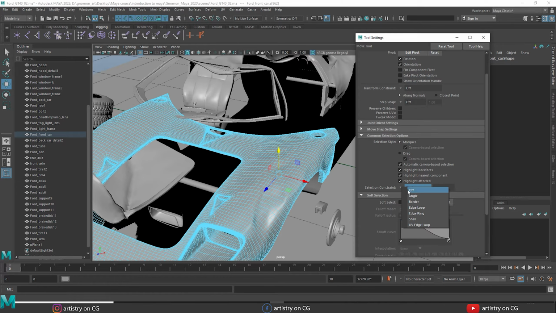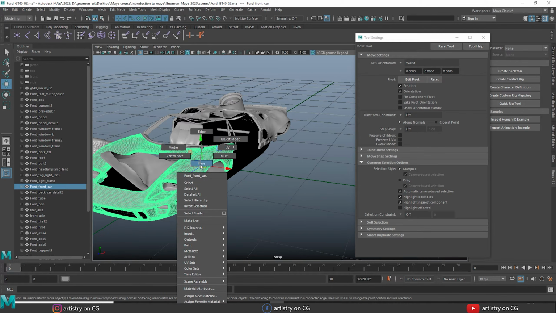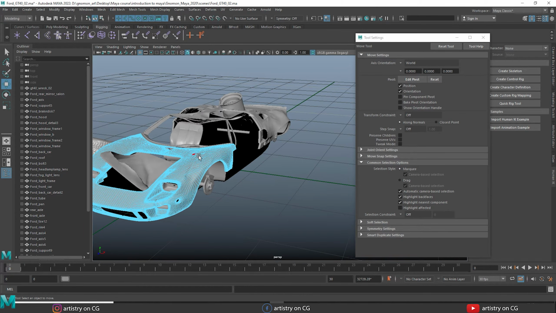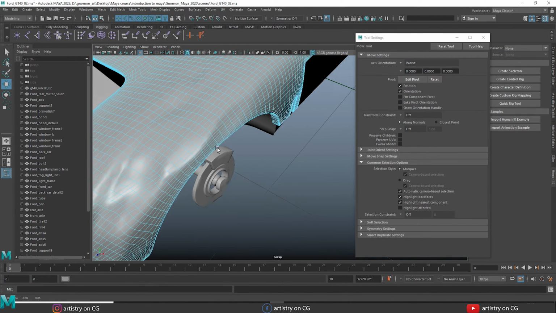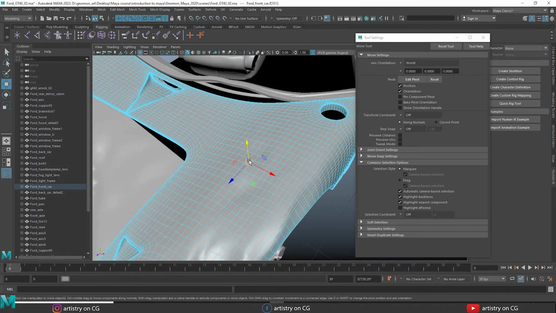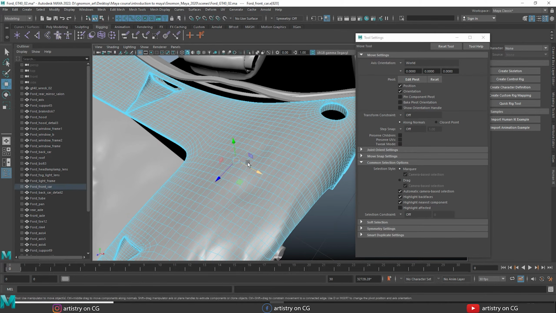Now let's move on. Reset the tool settings and I turn off selection constraint. Now click on an object and choose face. If I double click on a face and then select another face, it will join in our mesh loop, so it will select all the faces around. And if I right click again and select edge, you can select the edge loop by just double clicking on an edge also.